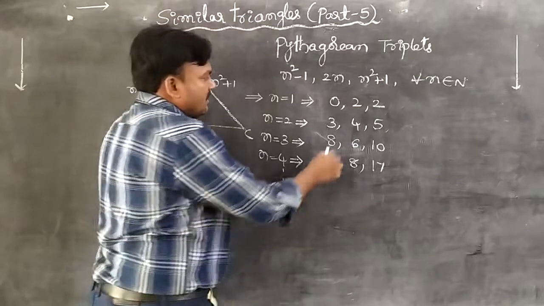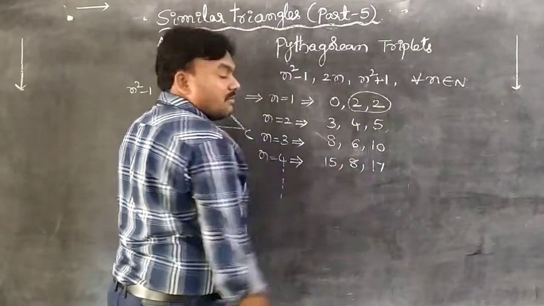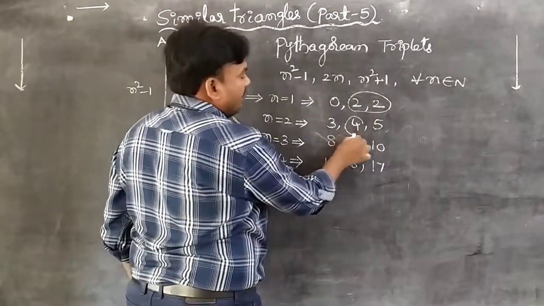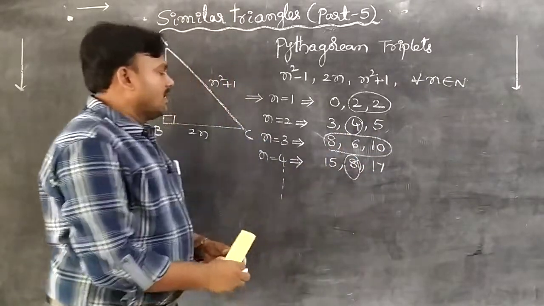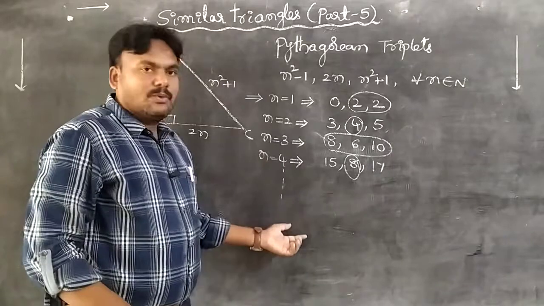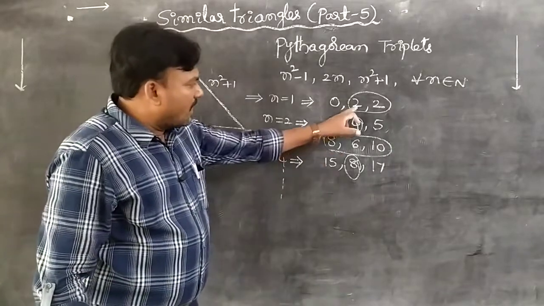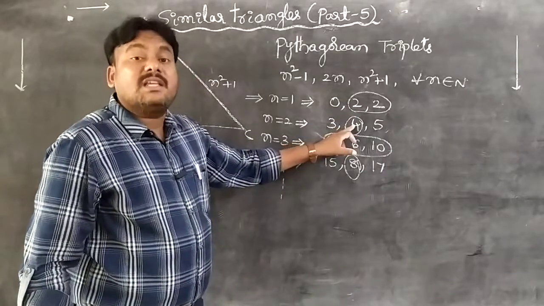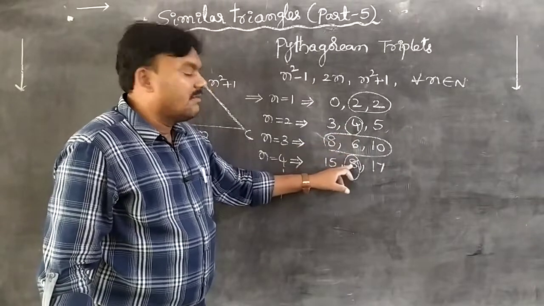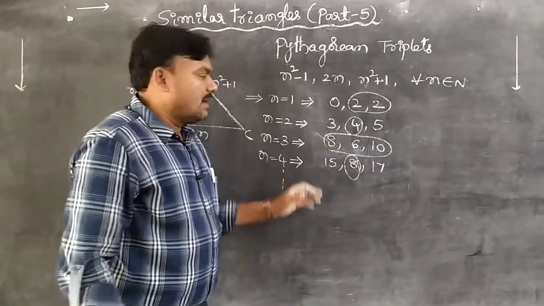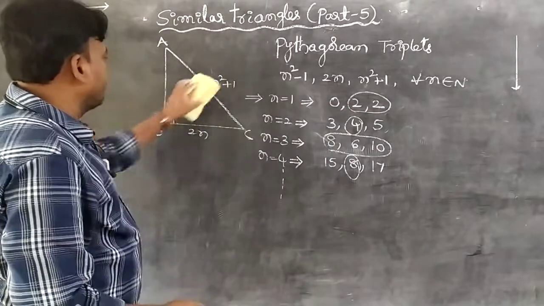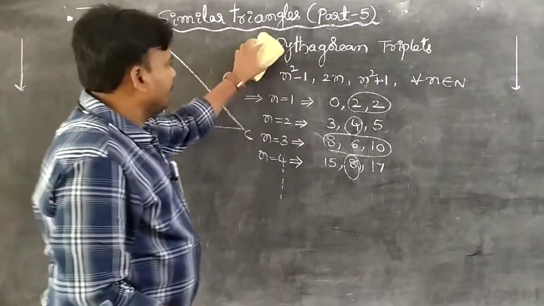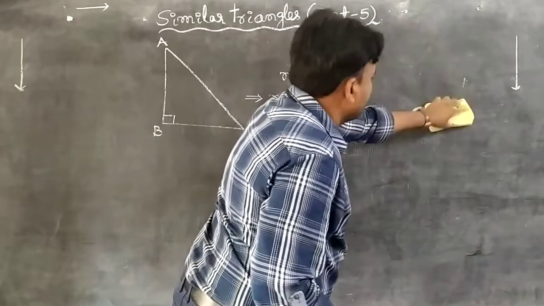So here observe, there are 2 even numbers here, 1 even number here, here also 3 even numbers, here also 1 even number. By taking n up to infinite values, at least one value must be an even number. Okay? And another way of approaching is there. Observe here, students, all of you. This is one solution.